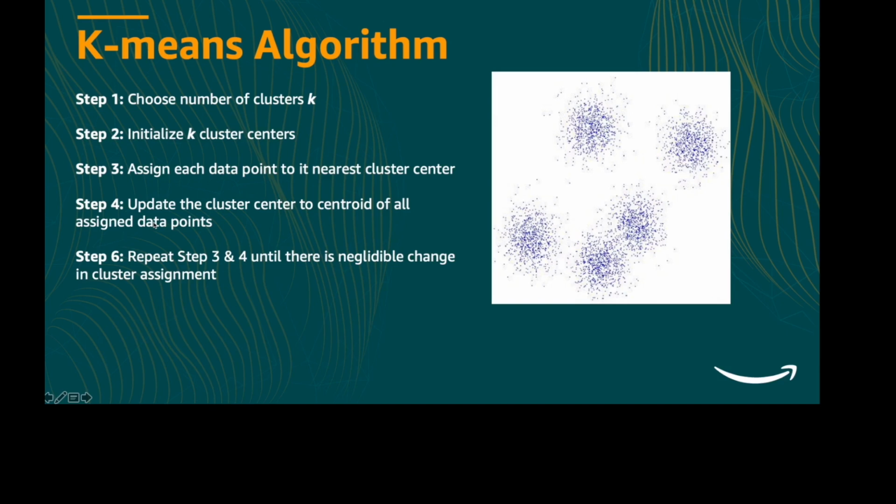Since this is an iterative process, you can repeat steps 3 and 4 until you see some convergence. Convergence means that after step 4 your cluster centers are not changing much, or after step 3 say 95% of the data points remain in the same cluster as in the previous step. Then you stop the algorithm, and that is actually step 5. So it is an iterative process where you keep on repeating steps 3 and 4 until convergence.